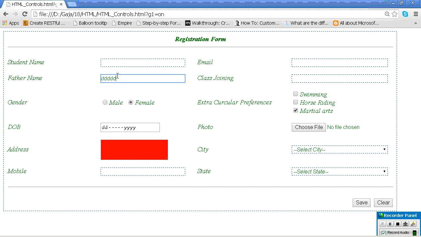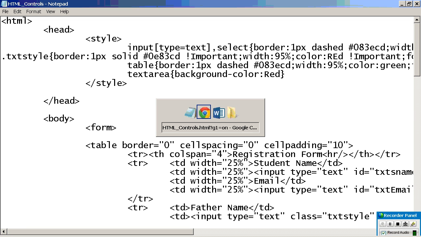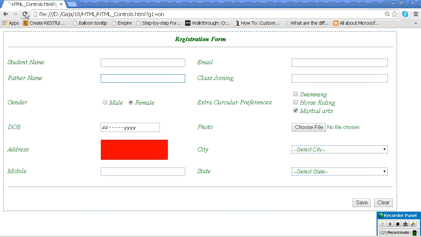Is it affecting? What do you need to use? Yes. Exclamatory important. Now see, everything is in that color.